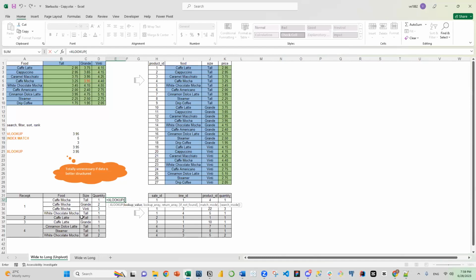So food is going to be here, coffee mocha, and then you can just type foods. So that's where coffee mocha can be found. And then you go across, and then you just need to go to the tall column. So over here, you should type tall, and then what? And then if not found, you just skip that, and then 0. Right? So that's